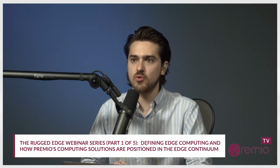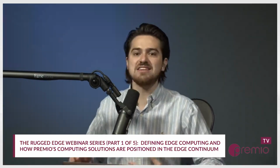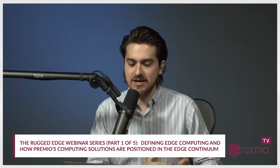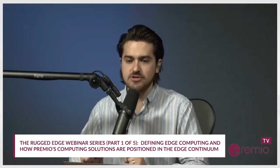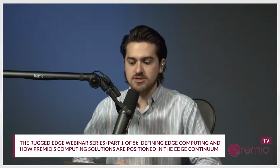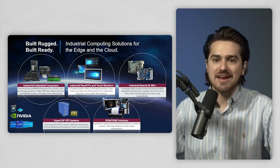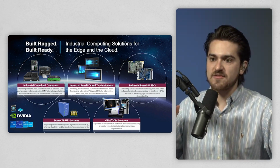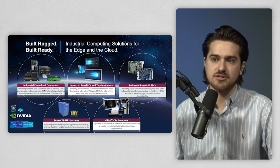So if you had to connect the dots a little bit for us, maybe tease out what we're going to see in some of the future presentations, how is Premio designing its product suite to solve challenges specific across those user edge slices and connected to and solving the specific needs of some of these focus applications like smart agriculture